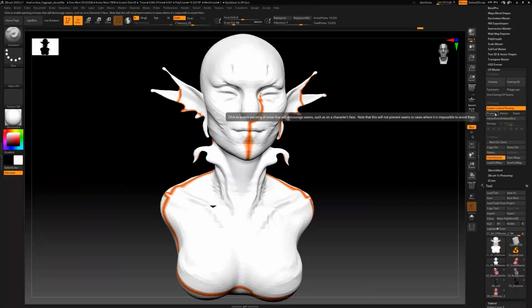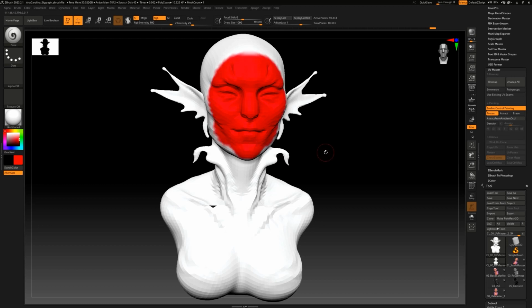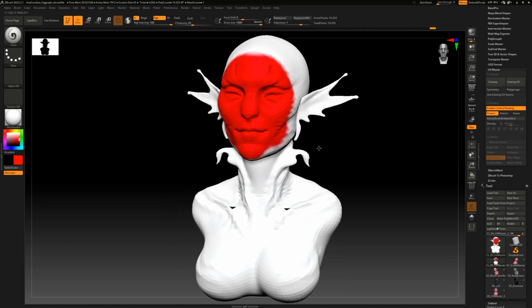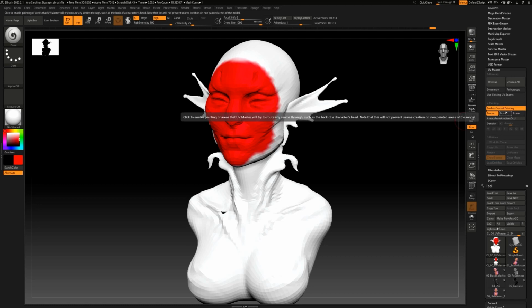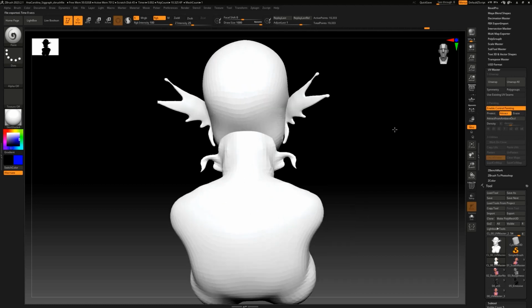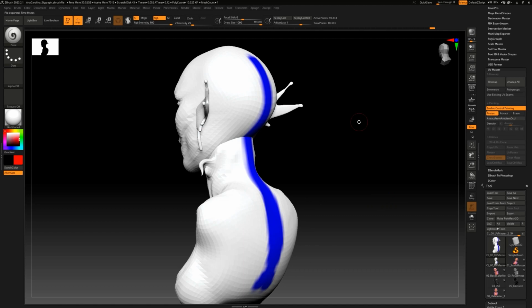So first I'm going to hit Protect, and what that's going to do is it's going to let me paint with red the areas I want to protect, which a high priority area, in my opinion, is the face, right? We don't want an ugly line going right through the face. This being said, all this is doing is trying to manipulate the system. It's not a guarantee that it will work necessarily. ZBrush will do everything it can. If I hit the Attract button, I can paint where I want the seams to go, ideally. So I'm going to paint the back. I think I lost my Protect here, so I'm going to just,